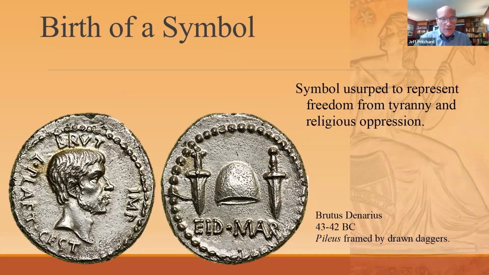And on the obverse, you can see a portrait of Brutus. And on the reverse, you have two drawn daggers representing the assassination itself above "Eid Mar," which is the Ides of March. And again, Brutus and Cassius commissioned this coin to, in some ways, really justify the assassination. But you can see in the center of the reverse, the Pileus, the Liberty Cap, again representing freedom from Caesar's tyrannical